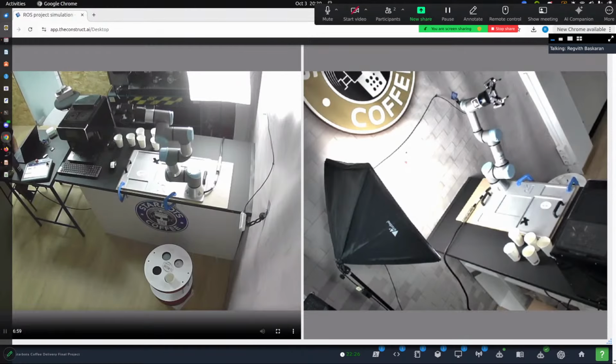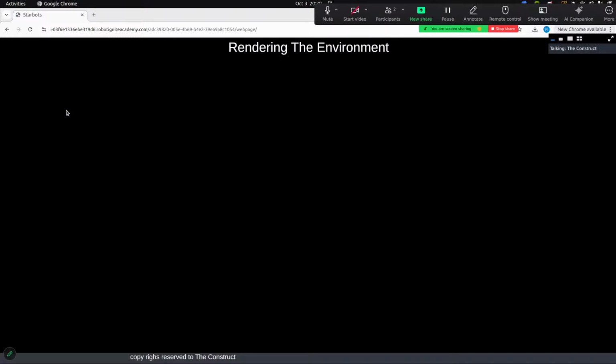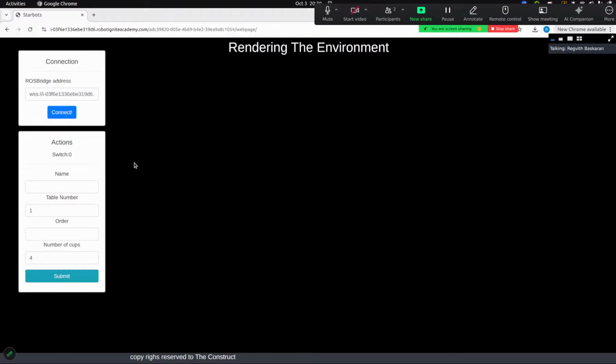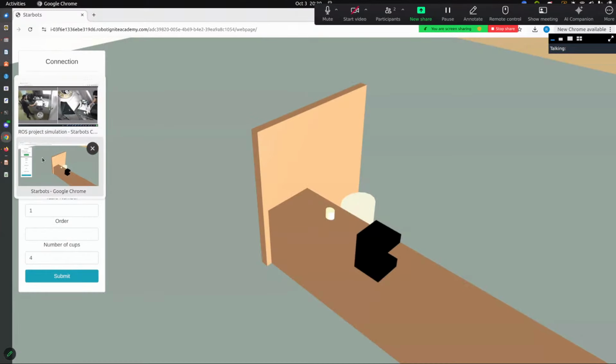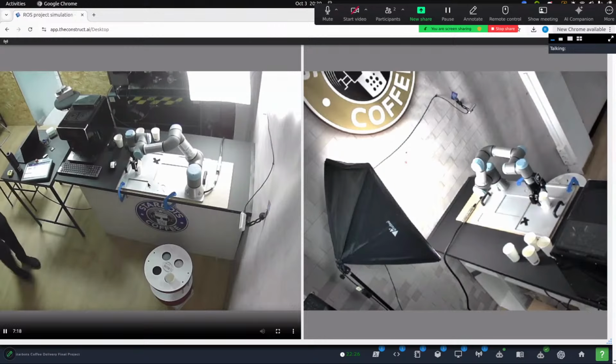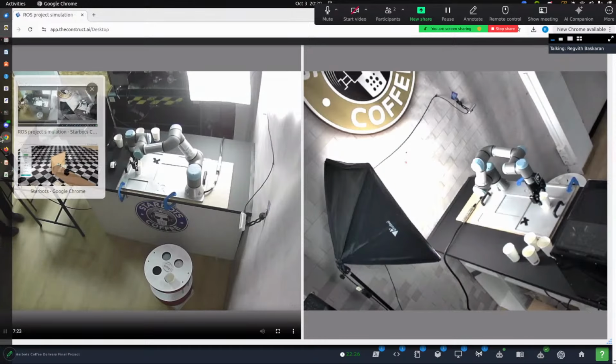But I wanted to then show, maybe we can ask Rodrigo to put some more cups there. Yeah, sure. Go ahead. So it's going for the second hole. And I wanted to show